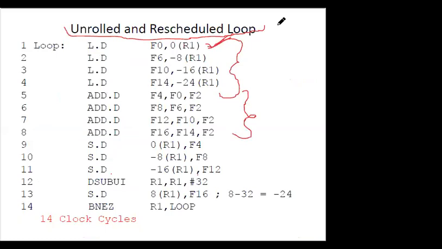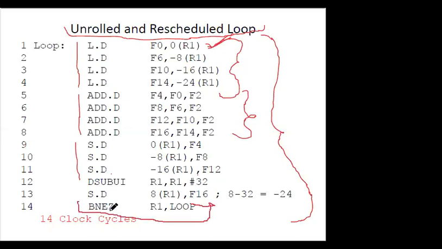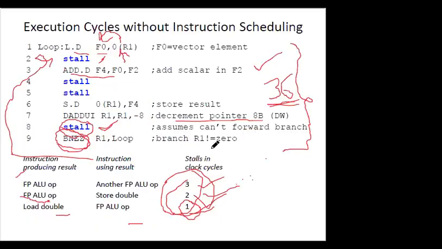So if we reschedule our loop in some fashion, we first load all the instructions simultaneously, then the execution unit will perform the addition simultaneously, then store will be performed simultaneously, and in the last we will repeat the loop. What needs to be changed is the register address. Every time you have to change this register address, because the loop has to perform the same operation as the original loop wanted to perform.